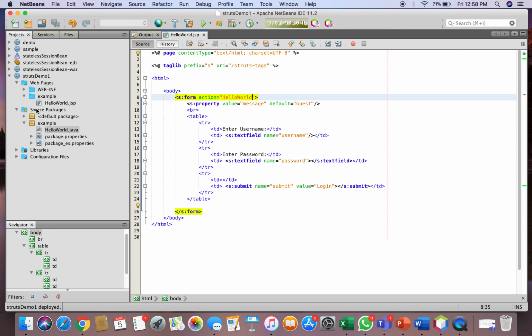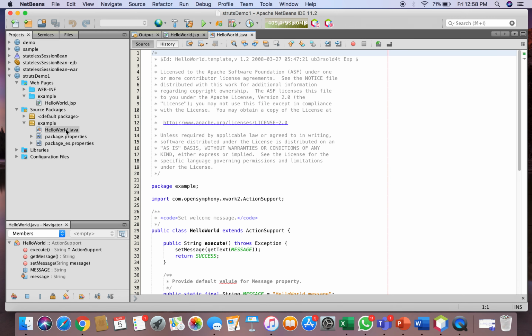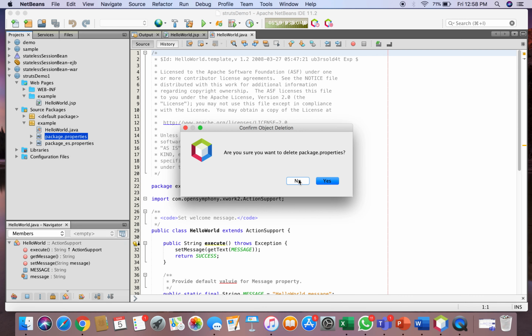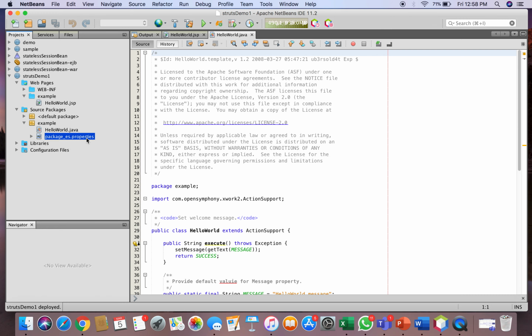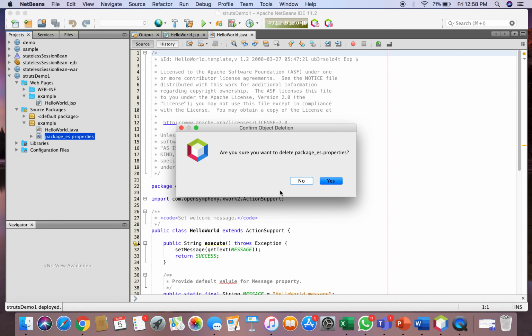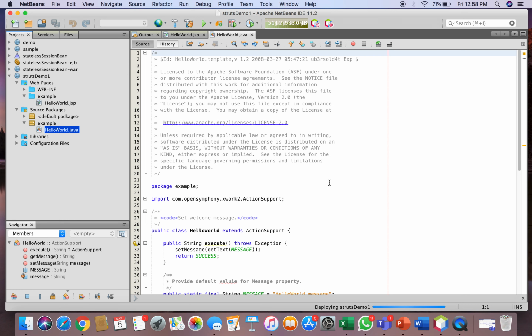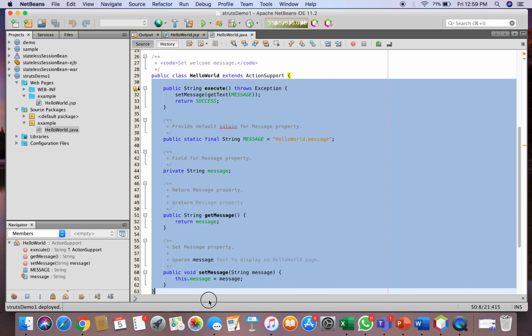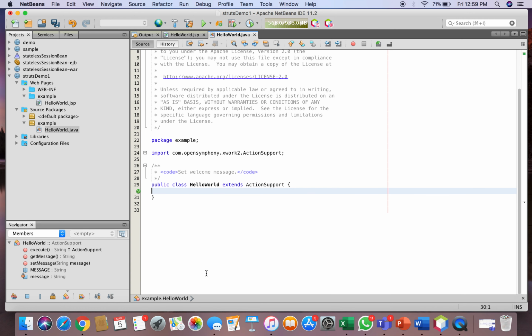Now let's go to our source package, and inside this example package, we have this HelloWorld.java. We don't need this package properties, so let's just delete it because it is of no use to us. Inside this HelloWorld.java, let me delete all the data in the class because I want to write my own.